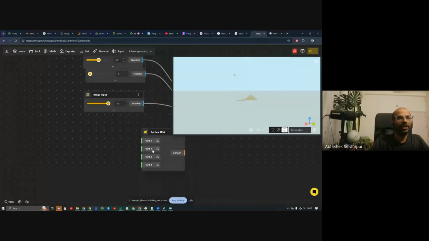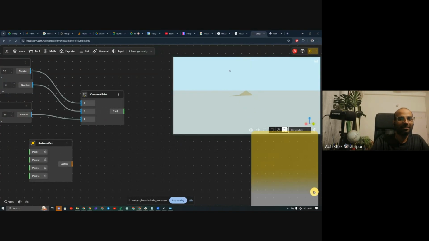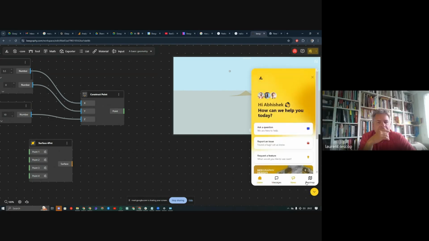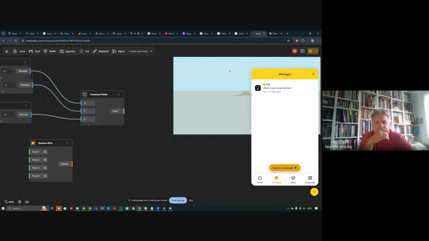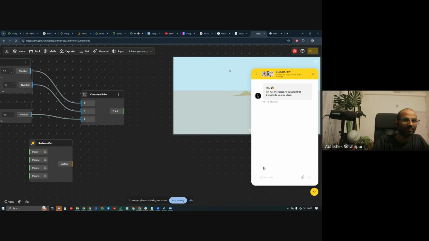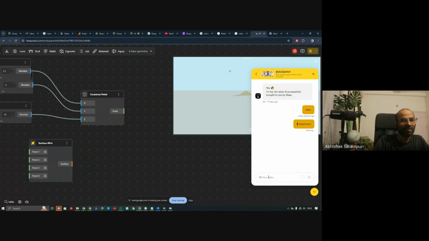I was just trying to create that Surface 4 point. But this is the chatbot which you can visit. We have a roadmap, we have messages. If you go to messages, you can attach a screenshot. The easiest is probably to simply copy and paste the bug, whatever is there, and then mark it over here and send it.